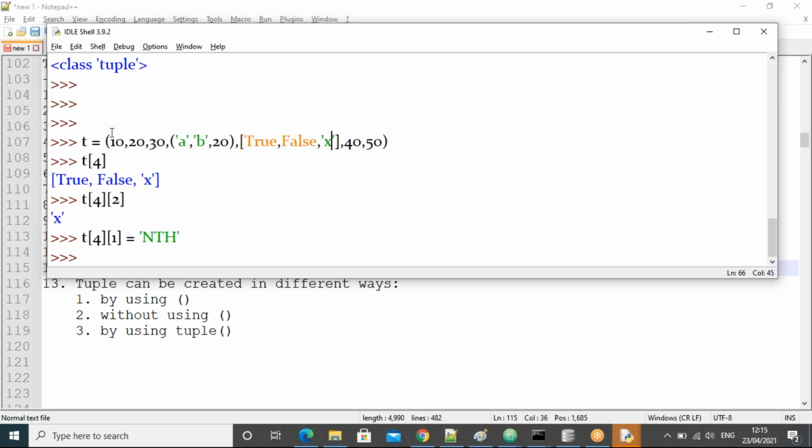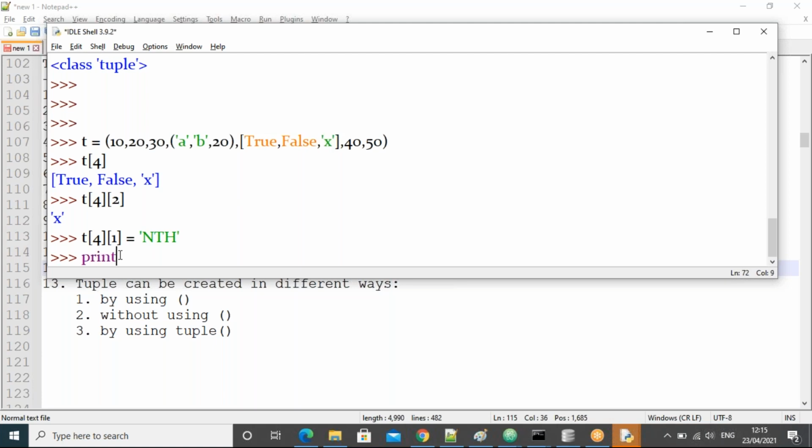Even though the main one is the tuple, the false is part of the list, guys. See the logic. I am going to work with this sublist. It's possible, right?